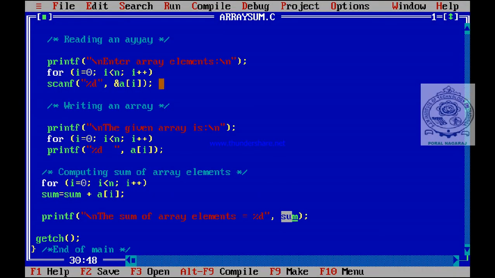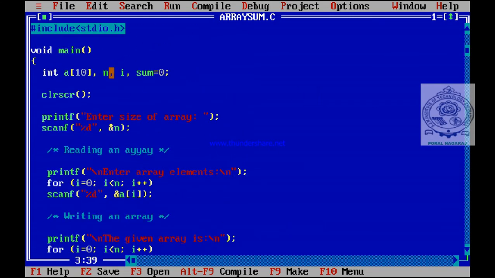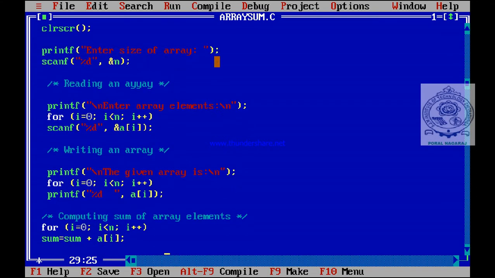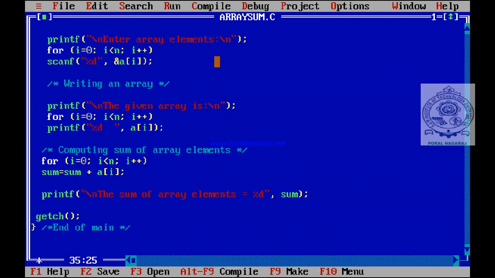Sum should be initialized to 0. That's very important here. Suppose you have to find the product of all the array elements. Instead of 0, you have to make it 1. That will be the product. So here, instead of addition, within the for loop where you have added all the array elements, you can multiply all the elements. You make it star. That will be your for loop. Rest everything is the same.